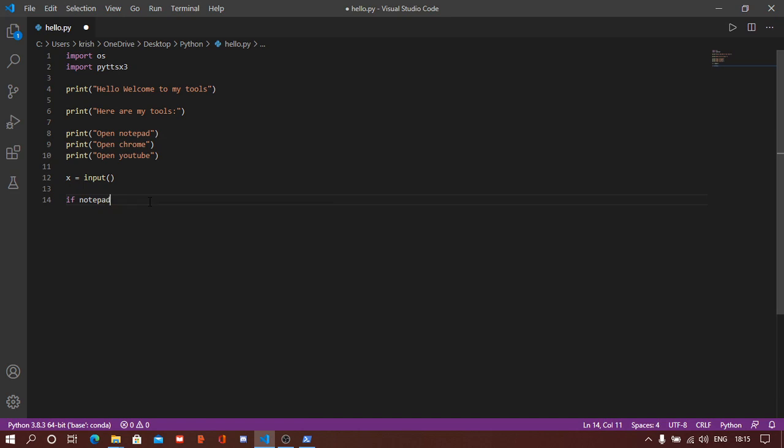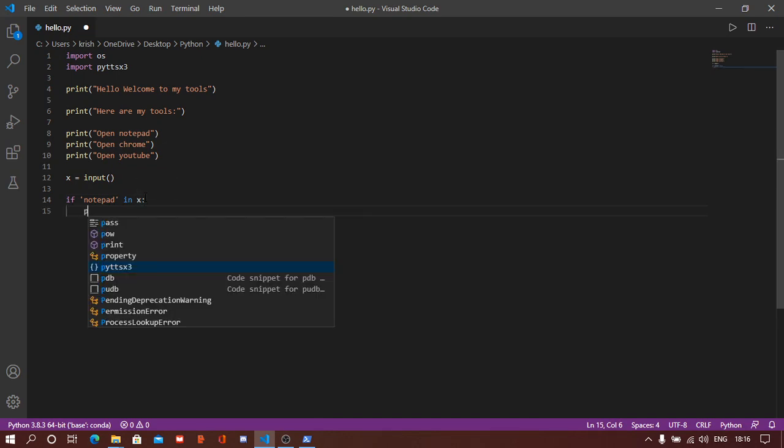notepad, I'll just quote it, in x. x means the variable which the input is carrying. So if there is notepad in x, then what we are going to do is print,